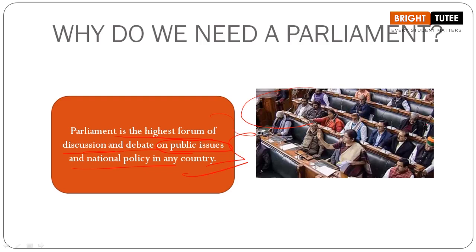So now you understand why we need a parliament. Do you think that a democratic country can exist without a parliament after reading all these points? Definitely not. Now you understand the importance of parliament. You also understand these features that you have read previously related to the democratic form of government. Students, all these points are important in order to understand the importance of parliament. So we have read about the 4 points here.